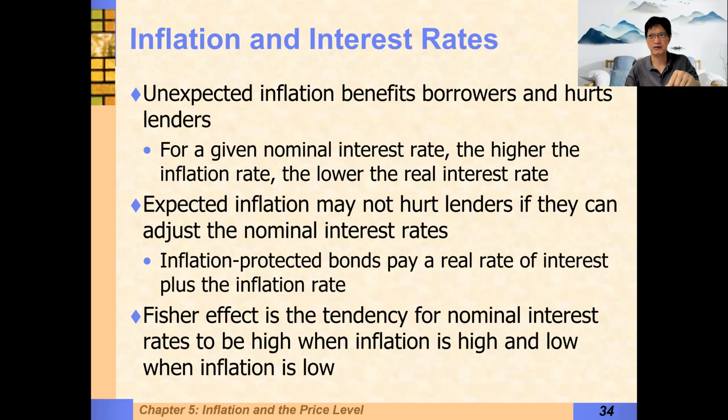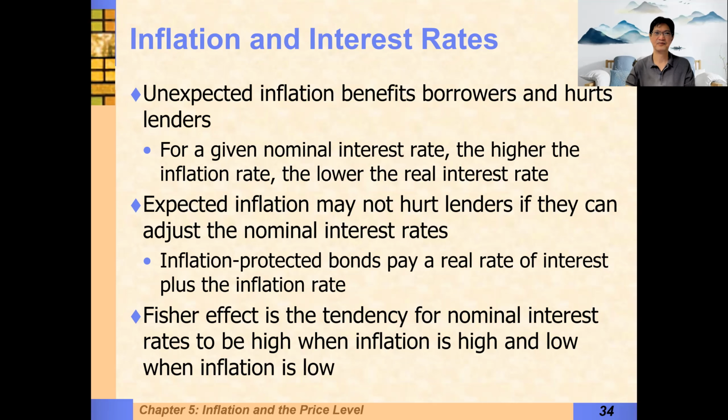But often when we write the loan contract, that nominal interest rate we write down, we're trying to adjust for inflation, because we want to keep the real interest rate constant. So suppose we want the real interest rate to be 2%, and we expect inflation to be 5%. Then we write down a contract nominal rate should be 7%. But inflation ends up being 9%, then we have negative 2%. And who gets hurt by this? It is the people who are lending the money out. They lend the money out, they get less in value back. So lenders are hurt by unexpected inflation. Borrowers, on the other hand, benefit, because essentially they've been paid to borrow money.